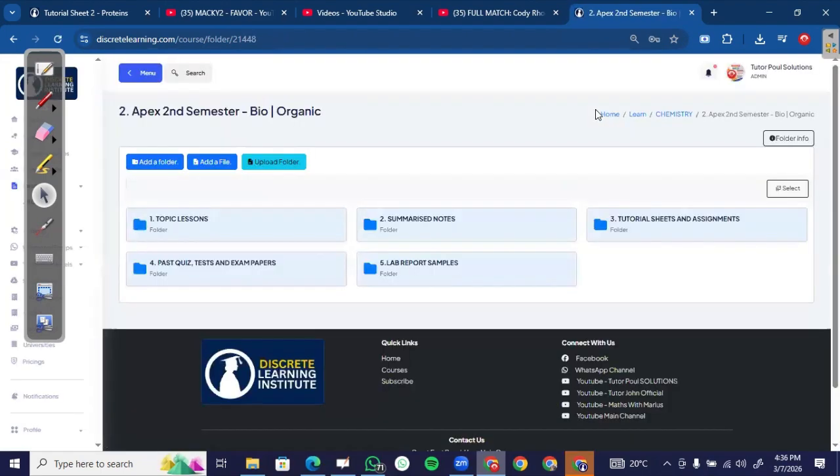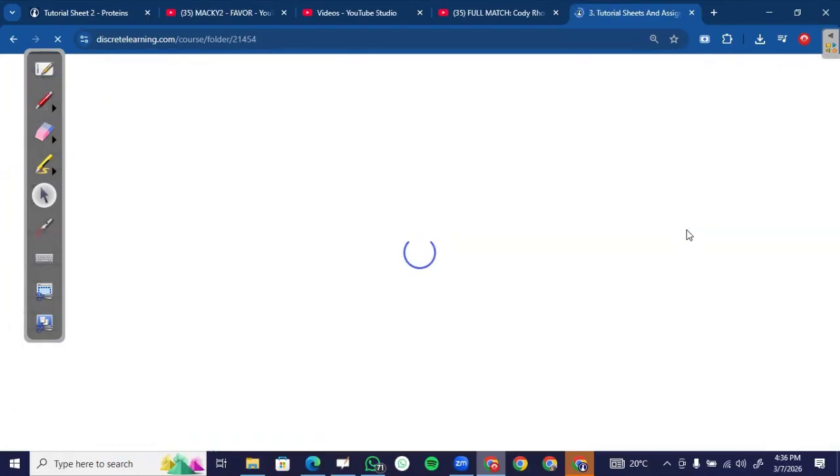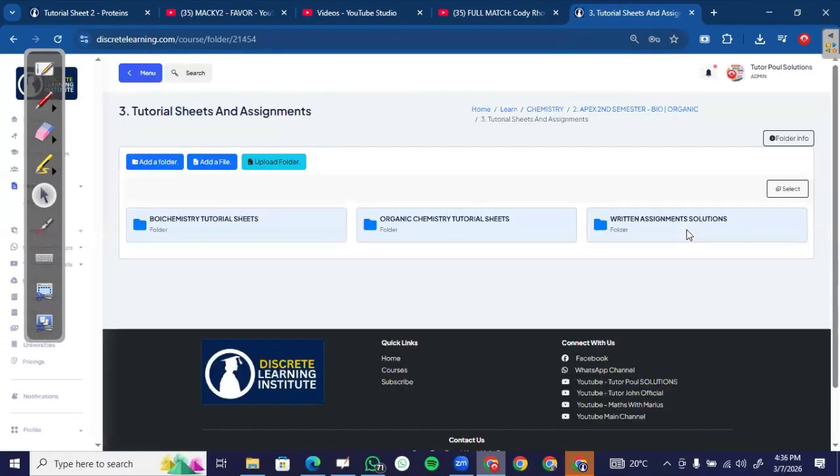If I go back to the tutorial sheet folder and open the tutorial sheets and assignments, you see that I have the biochemistry tutorial sheets and the organic chemistry tutorial sheets. It depends which one you start with. If you started with biochemistry, just go here. If you started organic chemistry, just go there. So if I go in biochemistry tutorial sheets here,